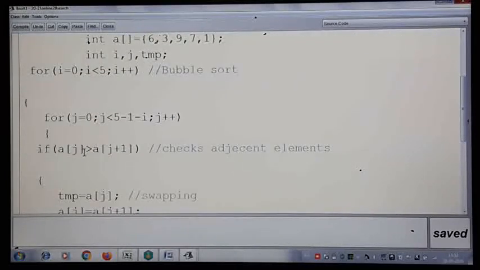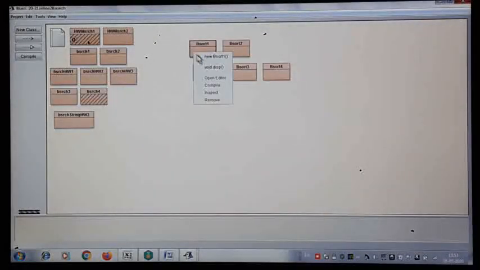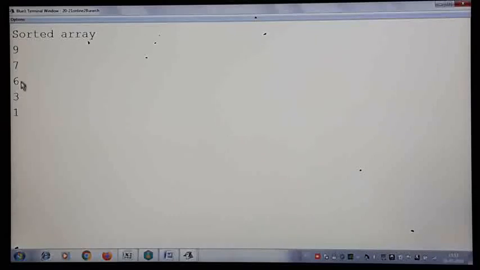So the greater sign we gave for ascending order. If I change the sign to a lesser sign, it means when the first element is lesser than the second element, then we keep on moving the smallest element to the last. Whereas in ascending order, the biggest will be moved to the last, in descending order the smallest will be moved to the last. So we are just changing the greater sign to lesser sign. By just doing that, see the program now, you will get the output in descending order. Previously I got ascending, now I am getting descending.